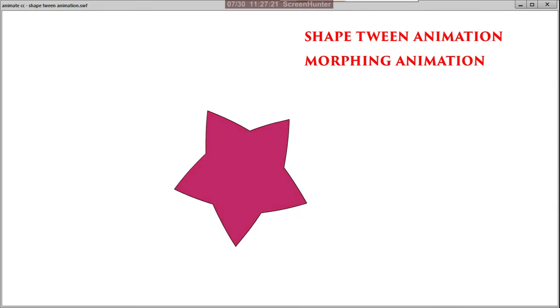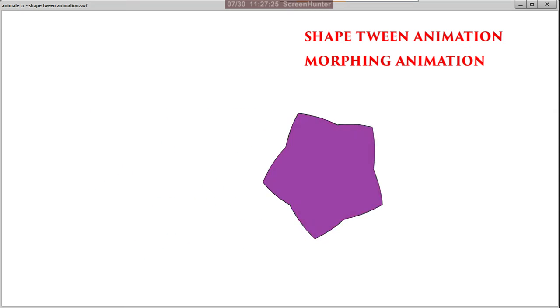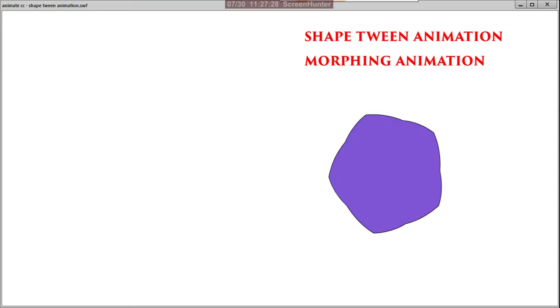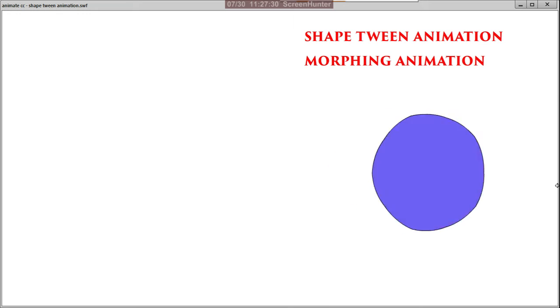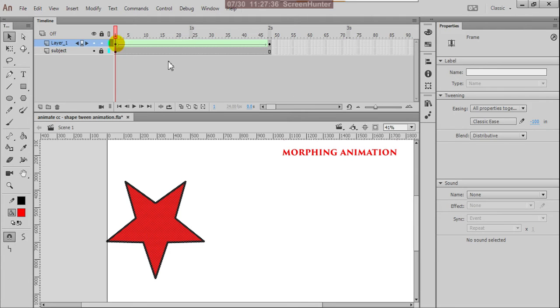See, the shape and the timing are showing differently. Here suppose I give 100 only instead.